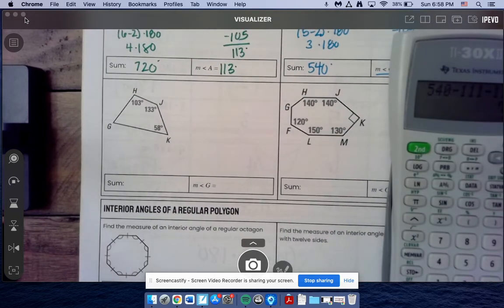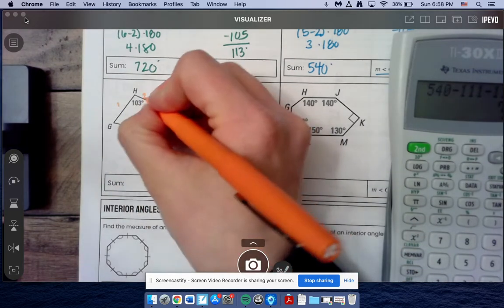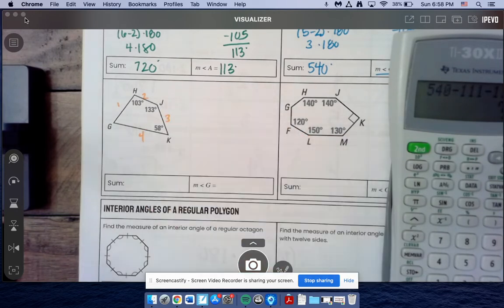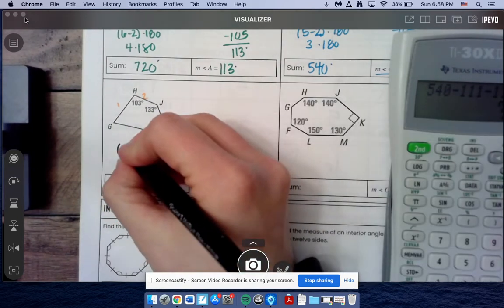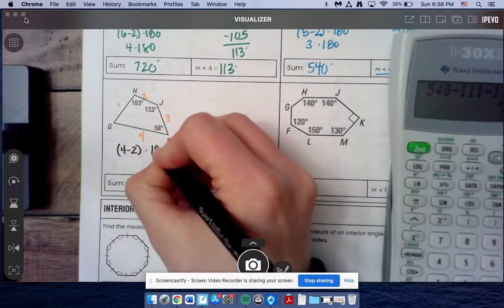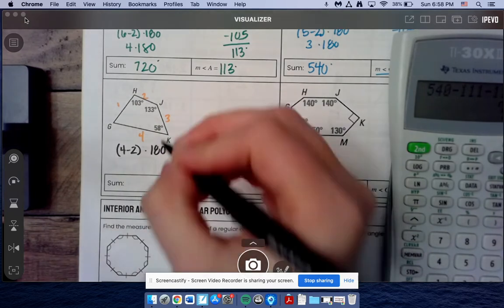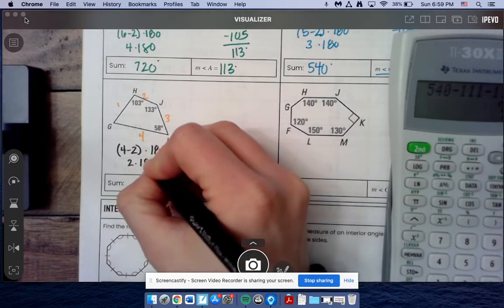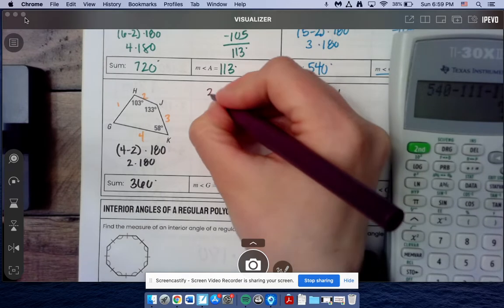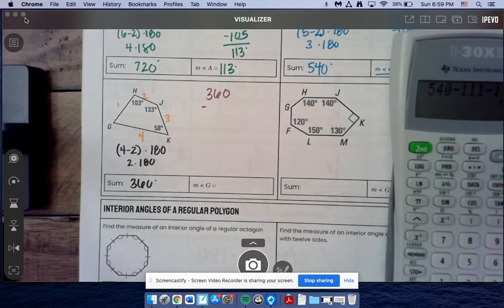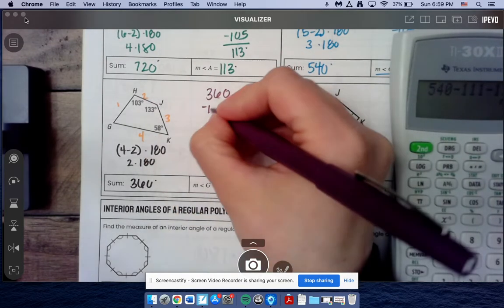Okay, here we go. This time we have what, you guys? 1, 2, a 4-sided figure, a quadrilateral. So let's figure out how many degrees are in a quadrilateral. So 4 minus 2 times 180. 4 minus 2 is 2 times 180 is 360. So again, all 4 of these angles in here have to add to 360. So now we got to subtract away. So 360 minus 103